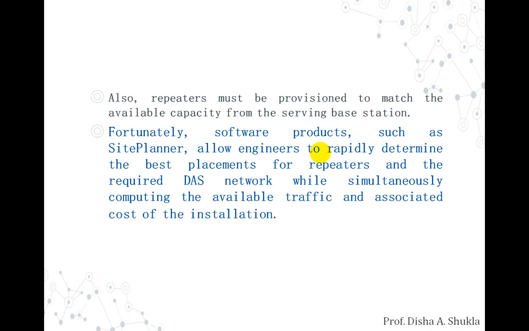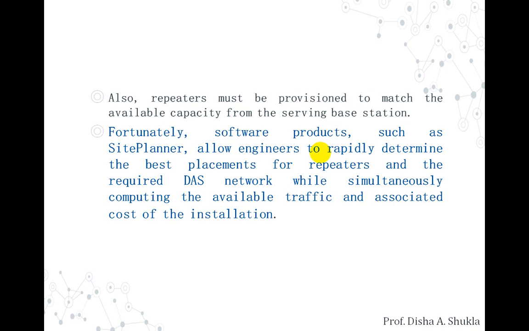So we are talking about the repeaters that will be helpful in improving the coverage and capacity in the cellular system. And what are repeaters? They are devices that retransmit a particular signal that they receive, anything that they receive. They are bidirectional transmitters, so they will be transmitting in two directions. And it is necessary to decide where to place these repeaters, because repeaters are needed where a particular signal cannot be transmitted, or it is hard to transmit those signals into a building or into a tunnel.